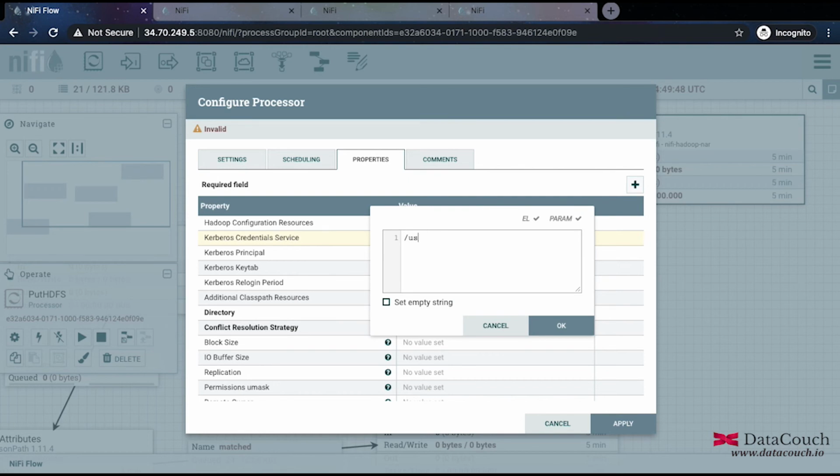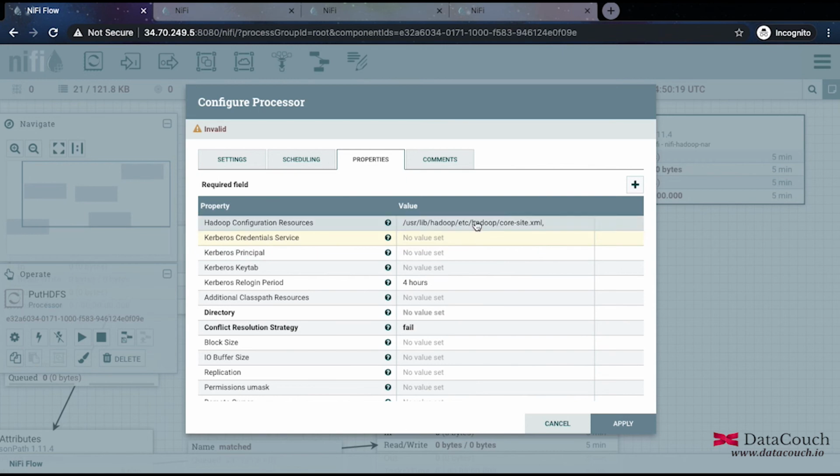So these configurations are available in /usr/lib of this machine, and then you will find the hadoop directory. Under that you will find etc, under that you will find hadoop, and after that you will find core-site.xml. This is the configuration file. So I'll just specify this, comma, and then I will say Control A, Control C, and I'll paste it here.